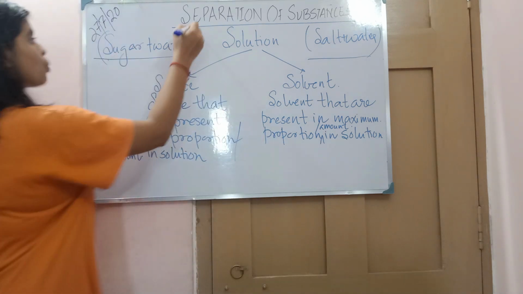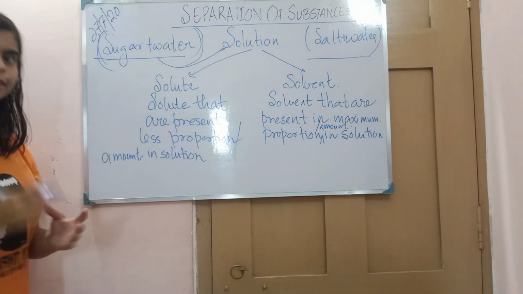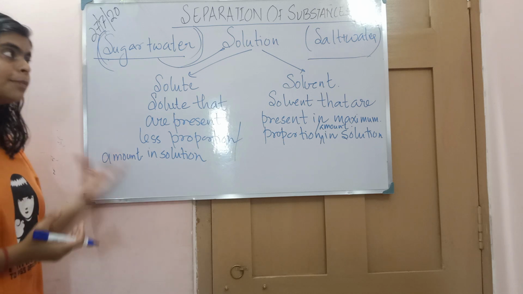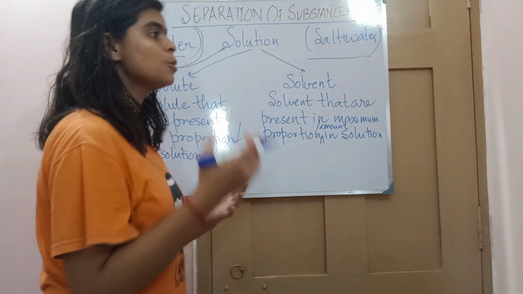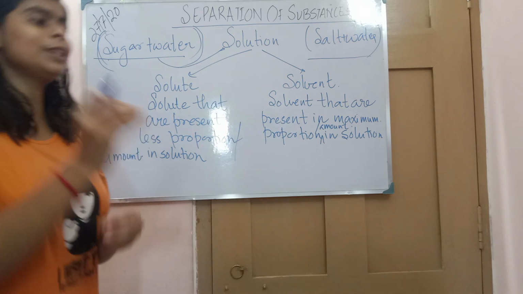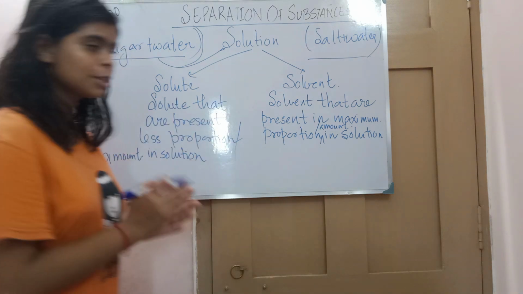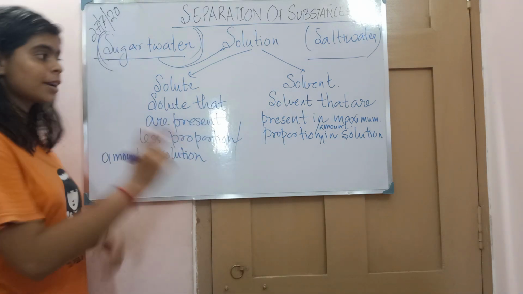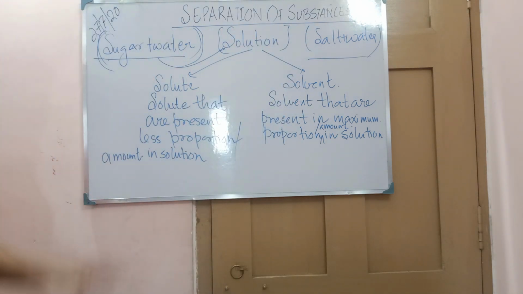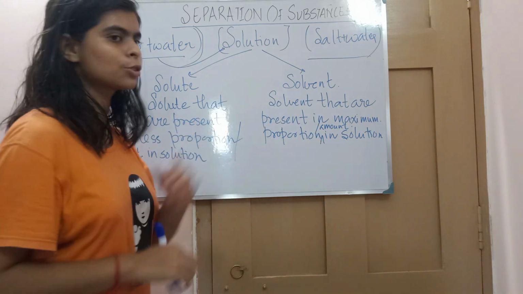So sugar plus water together are called a solution. Similarly, when we mix salt in water, we don't call it only salt, or only water. So what should we call it? The substance that has been formed after mixing, we call a solution. Salt plus water means solution. Sugar plus water means solution.